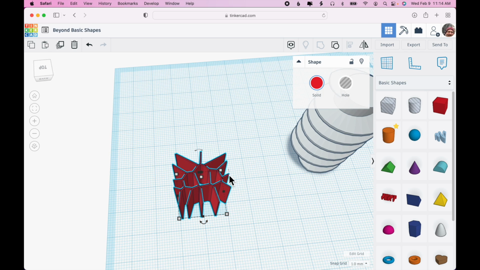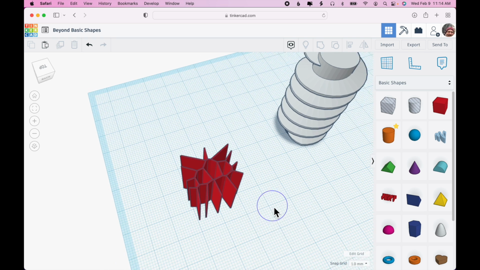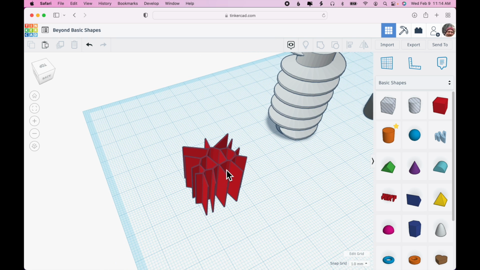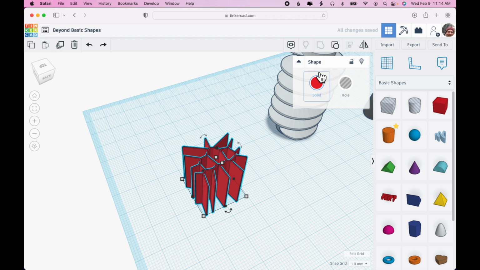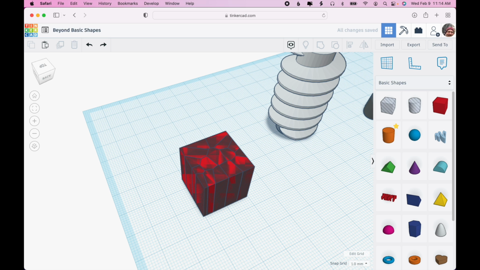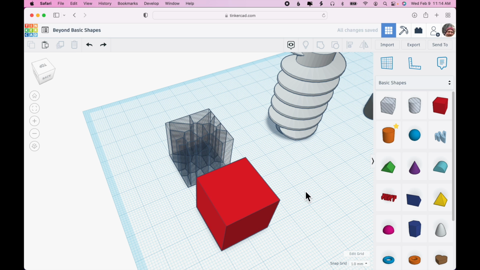You can see the outline on the work plane, but it's been turned into a random sort of webbing type effect. Let's see, I'm going to undo, move that back,